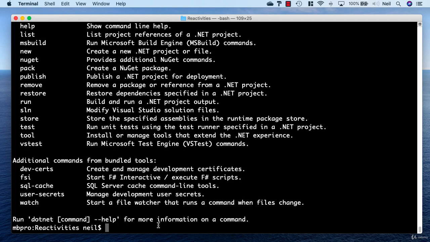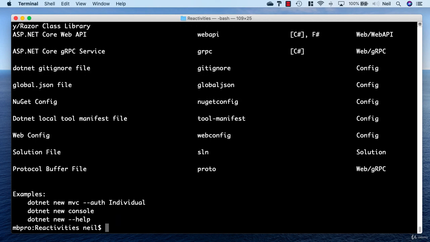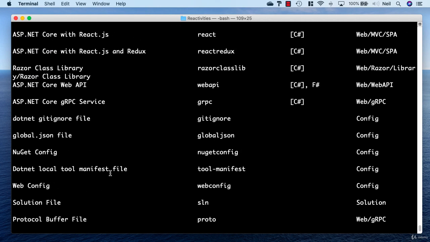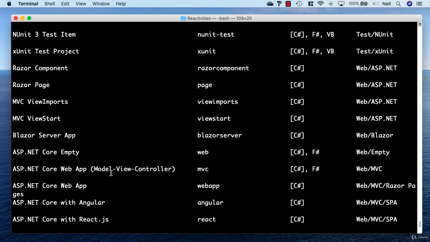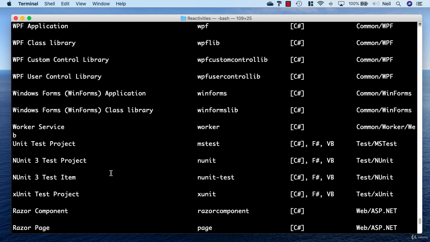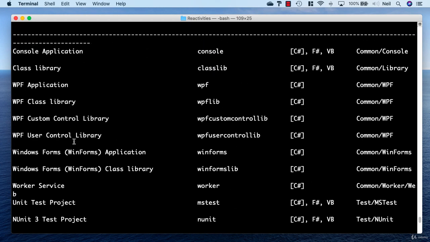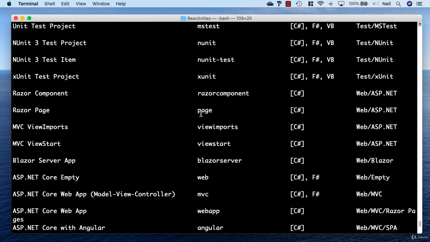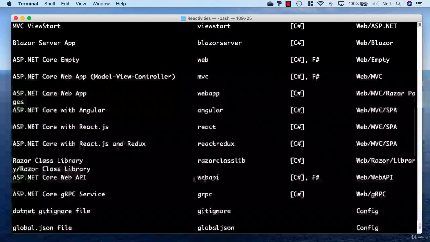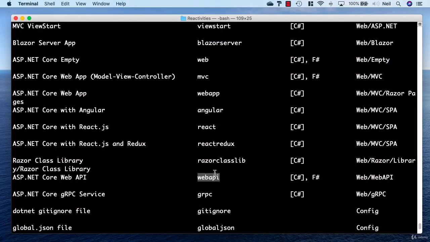So let's just get some contextual help for the dotnet new command, and we can do that by typing in dotnet new -h, and if we press return here, then this gives us a list of all of the different project types and the project templates that are available with the .NET CLI. And if I scroll up, there's quite a bunch available nowadays with this particular utility. So what we're going to be doing is we're going to be creating class libraries, and we're also going to create a web API project, which is going to act as our startup project and contain all of our API